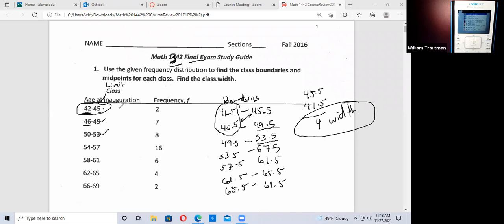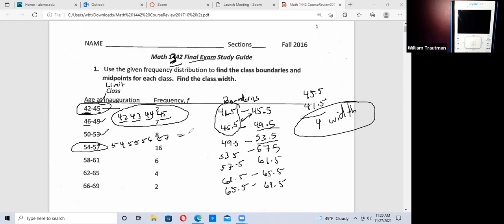And you can look at this also: 42, 43, 44, and 45 are our class limits. So if you look over here, 42, 43, 44, 45, do you see how there's only 4 numbers that fit in there? Same way with here: 54, 55, 56, 57. There's only 4 numbers. That's our width. You can find our width by looking up all the numbers in that class limit,